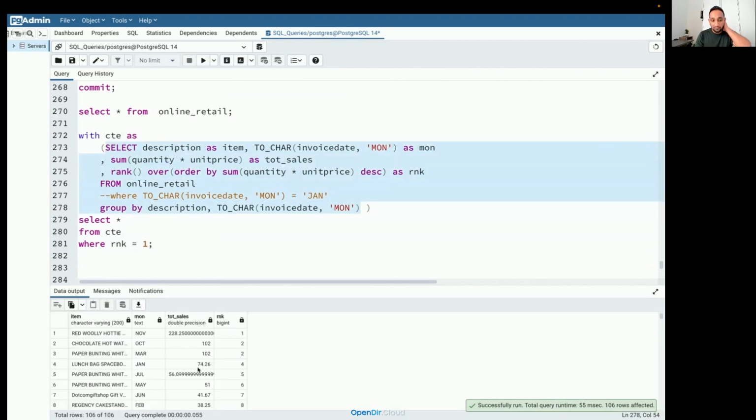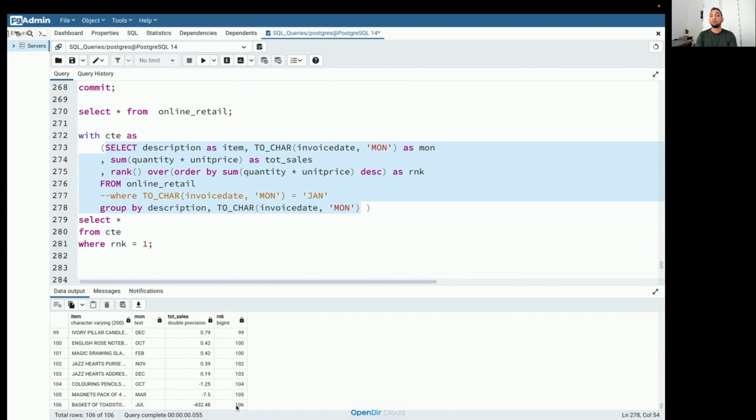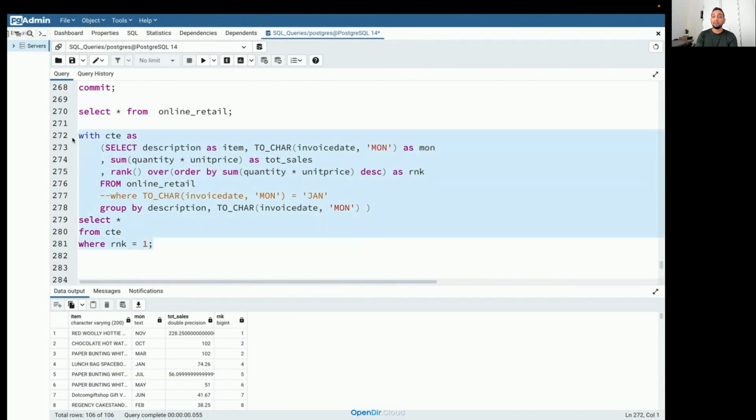Okay, and in the entire result set, so let's say if I run this inner query here, you can see that I have 106 records and the rank 1, 2, 3, 4. If I go till the end, I have rank up to 106. Why? For this entire result set, the rank function was applied, and rank 1 would only be for one particular record, and that is the only one record that is getting fetched here.